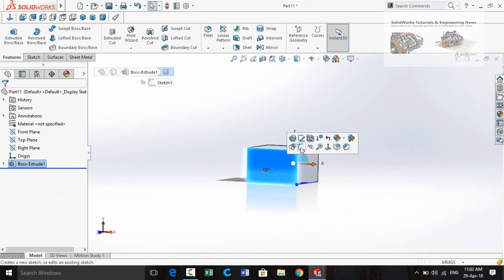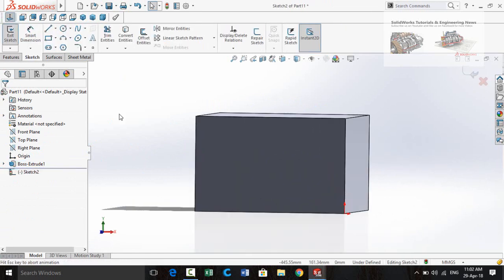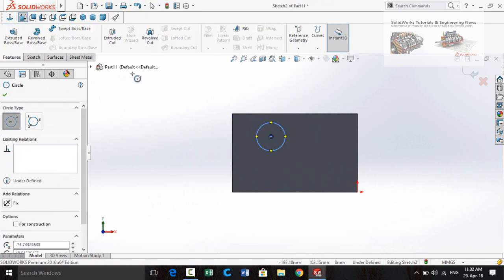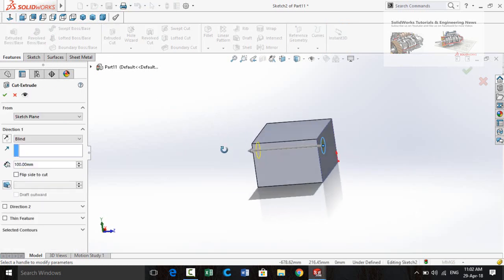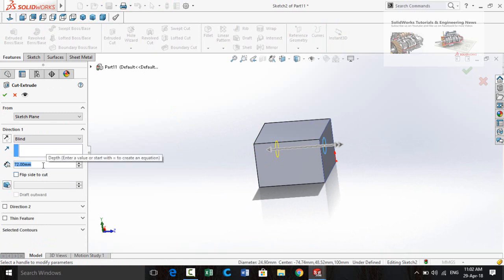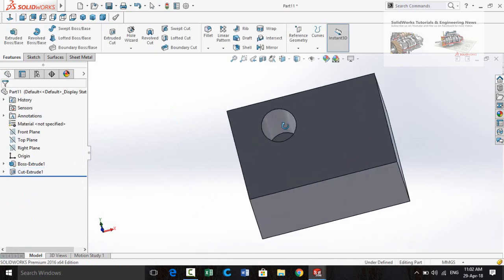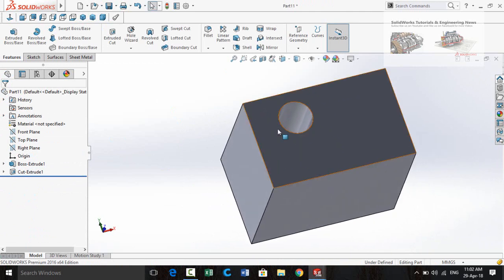Now sketch on this face and then make normal to, draw a circle, go to features tab again and then from here select extruded cut command. Type here the extrusion length 60 millimeter, press OK button and see this part has been trimmed according to the circle.